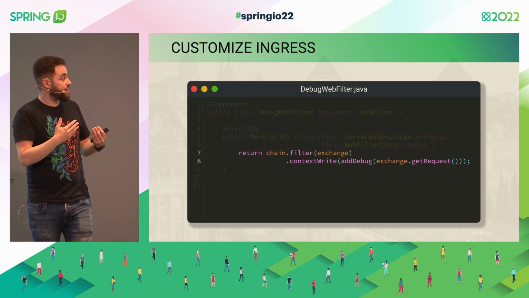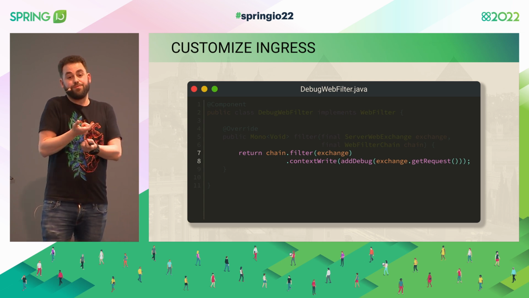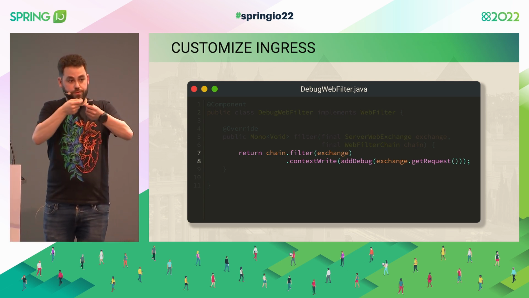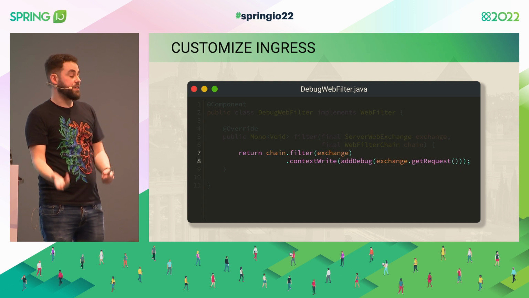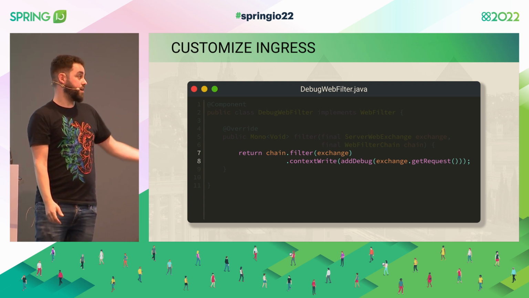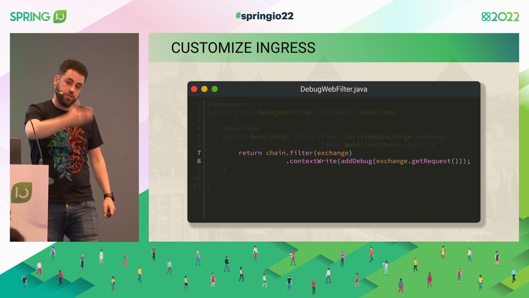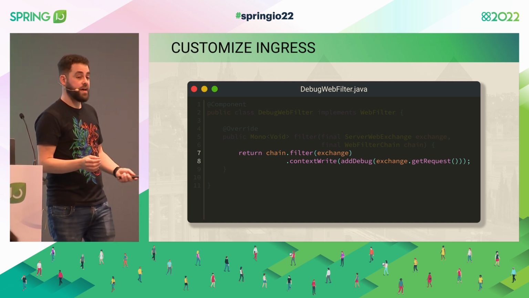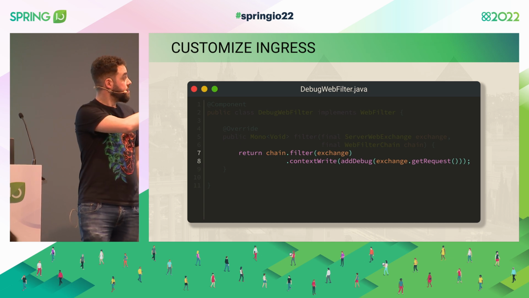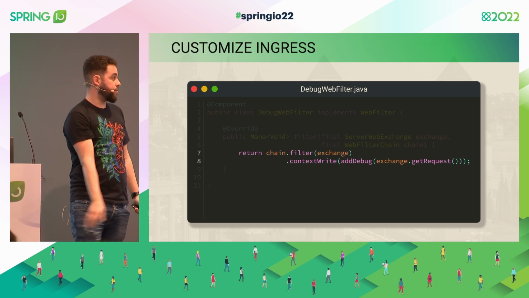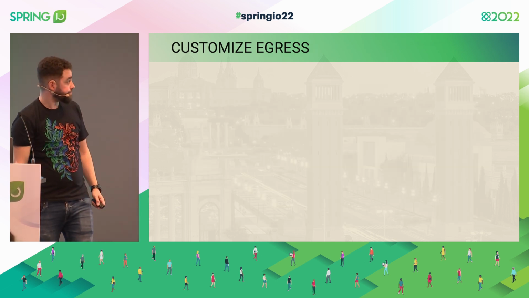So we cannot guarantee which thread is going to be there, so it would make no sense to store things on the thread, as we would be just overriding all the time, and there's no guarantee we can read it back. So instead, we can write to the context. The context will be something that's stored at the subscription level, so for the entire subscription, again, it's going to be common. Different API, exact same concept. I can just register some stuff there, and it will be available for everybody, in this case, upstream.